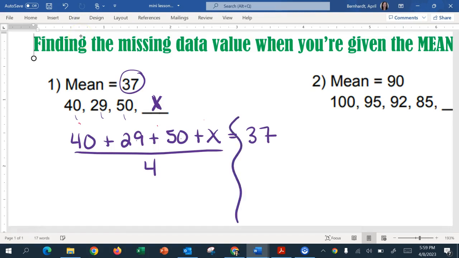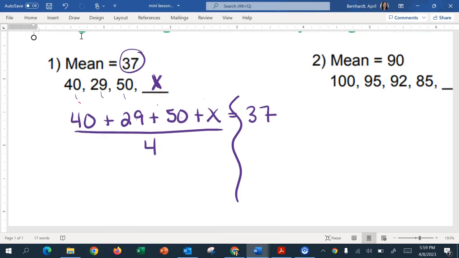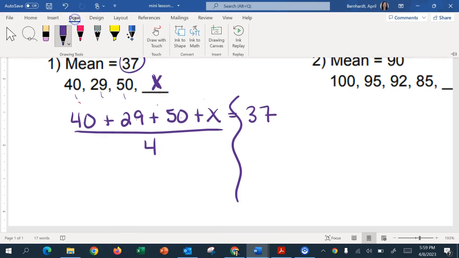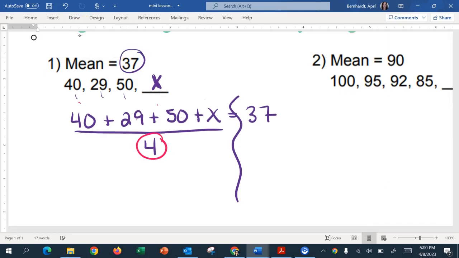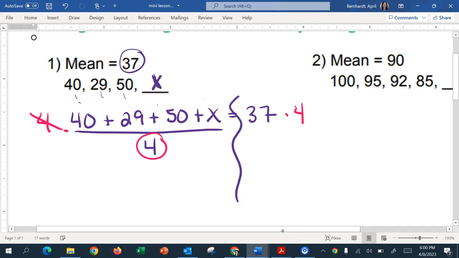All right, so this is what we call a squiggle solve. It's algebra. You need to get the variable all by itself by using inverse operations. So we want to get rid of that denominator 4, or that divide by 4 first. So we're going to multiply both sides by 4. That gets rid of the 4's on the left side of our squiggle. We're left with 40 plus 29 plus 50 plus our missing data value equals